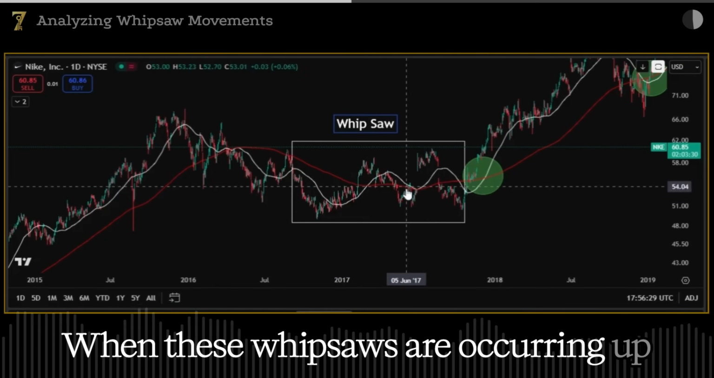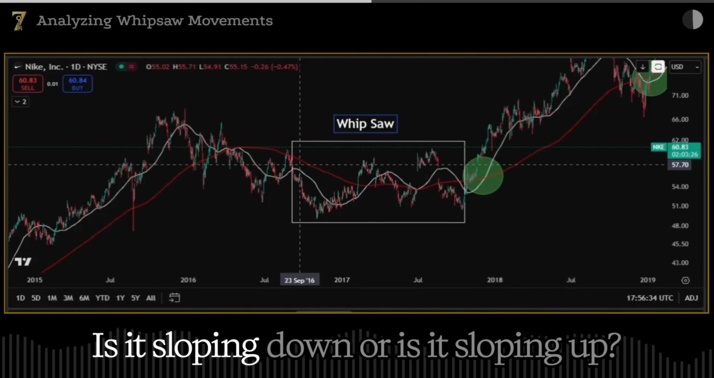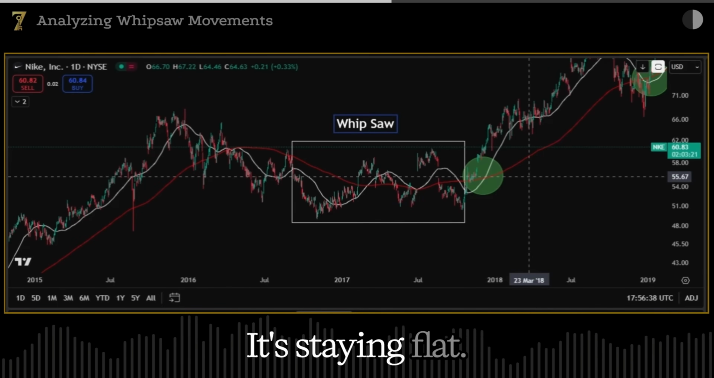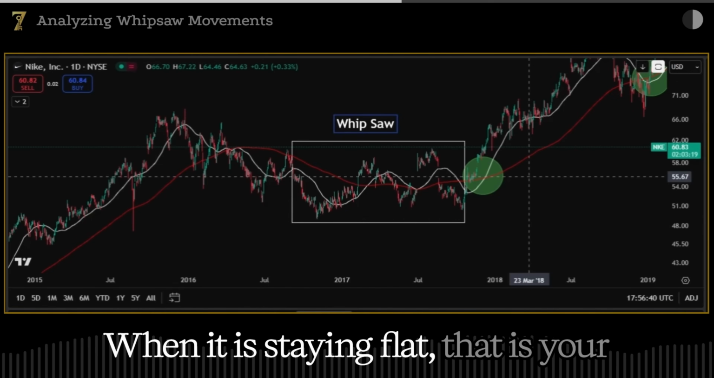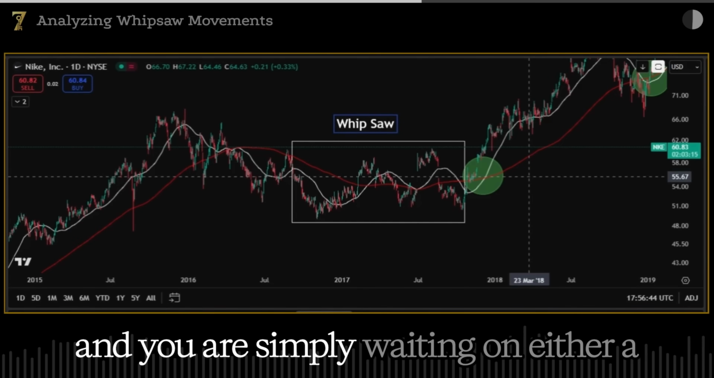When these whipsaws are occurring up and down, what is happening to the 200? Is it sloping down or is it sloping up? It's doing neither. It's staying flat. When it is staying flat, that is your indication that there is no directionality and you are simply waiting on